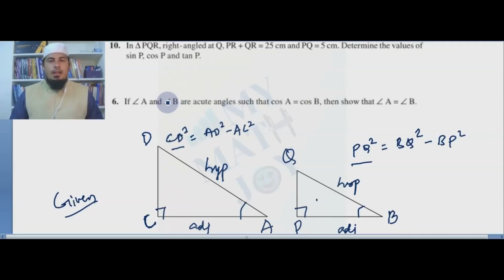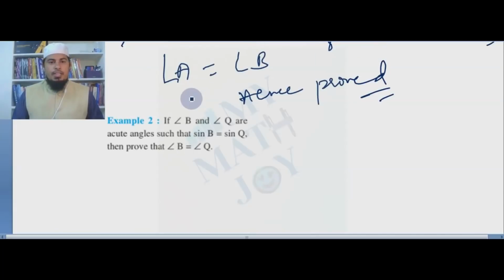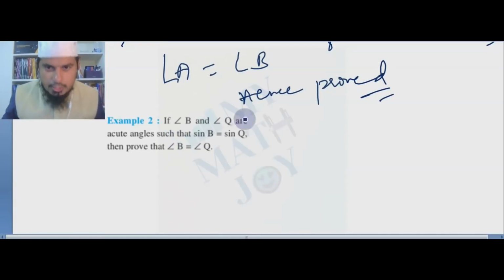Normally we are going to use them in one right angle triangle ABC, but we never take angle A in one triangle and angle B in another triangle. But that was the scenario and the case where it made us confused. So now take this question for your practice session. Pause this video if you are with pen and paper and solve it right now.